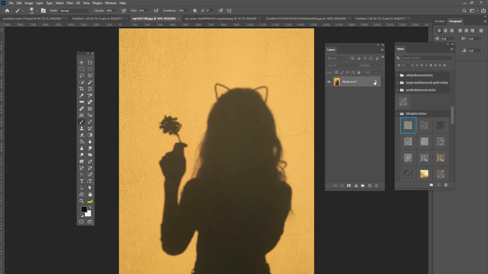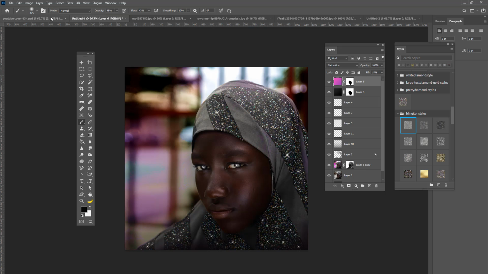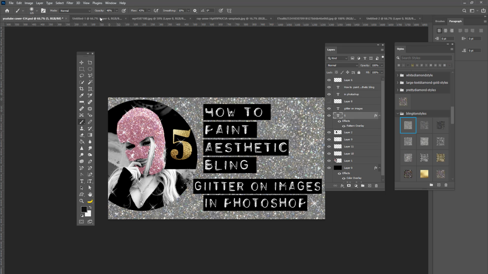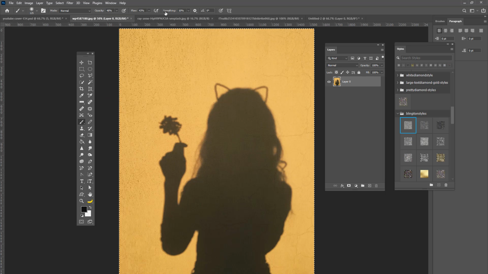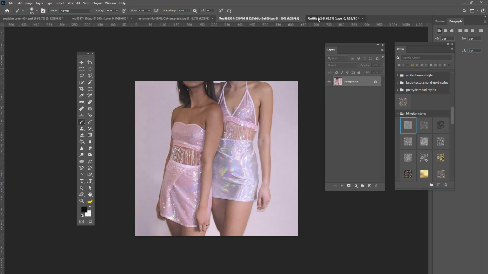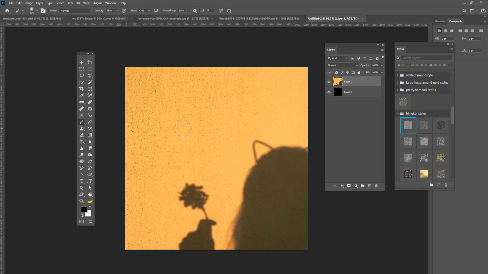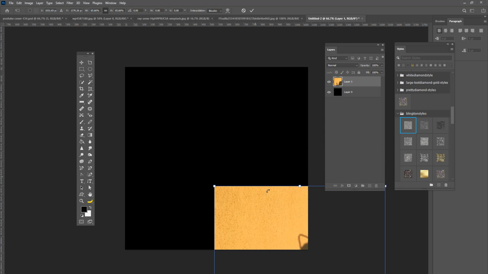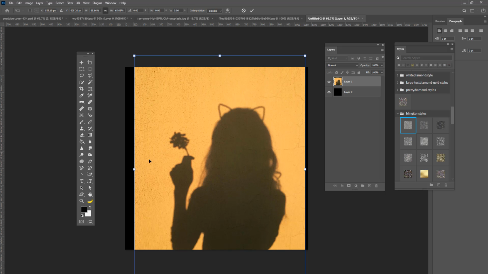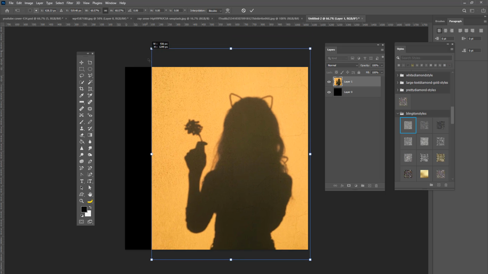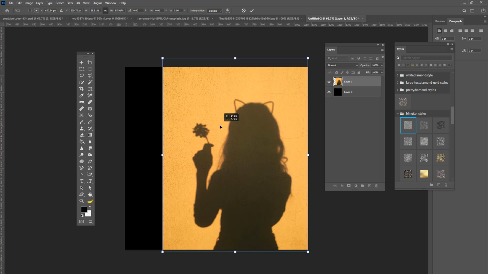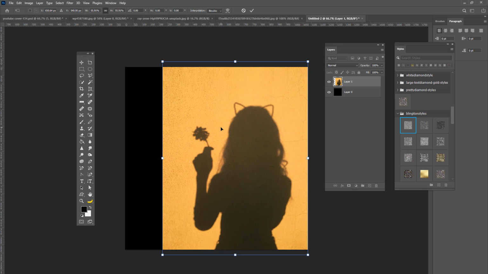I'm going to just press Control A, Control C. As you can see, I already did this one in another video. So I'm just going to close this out. And then I'm going to press Control V to paste this here. And basically want to get this somewhat not centered, and I'm just going to pop these images in here,